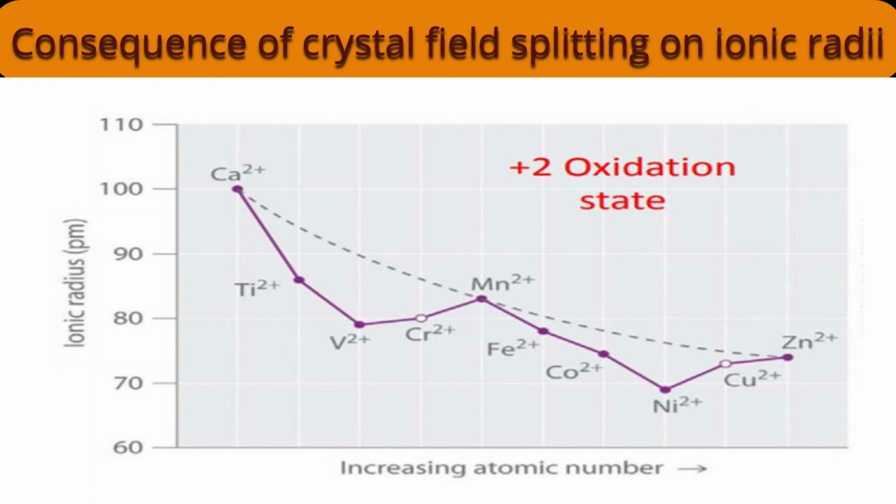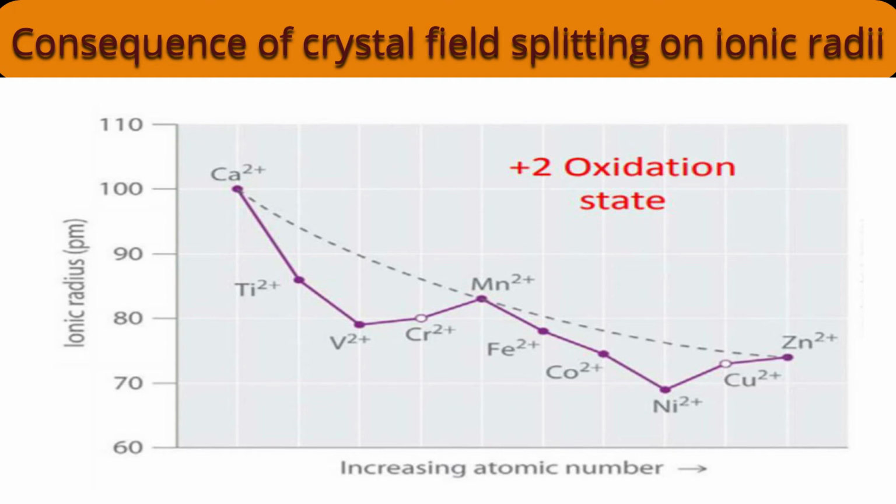That's a d8 system. As we come to copper+2, we found that copper+2 is shown by the white circle because copper+2 is not going to obtain stable octahedral complexes, and therefore we are not discussing its size there. The case of copper+2 is different. If I come to Zn+2, Zn+2 shows an increase in size.